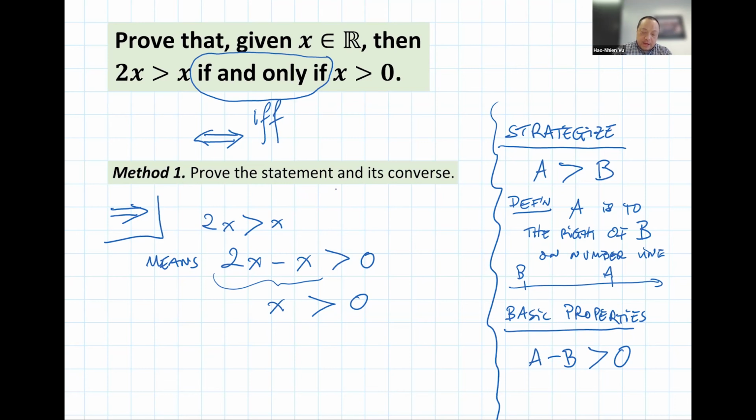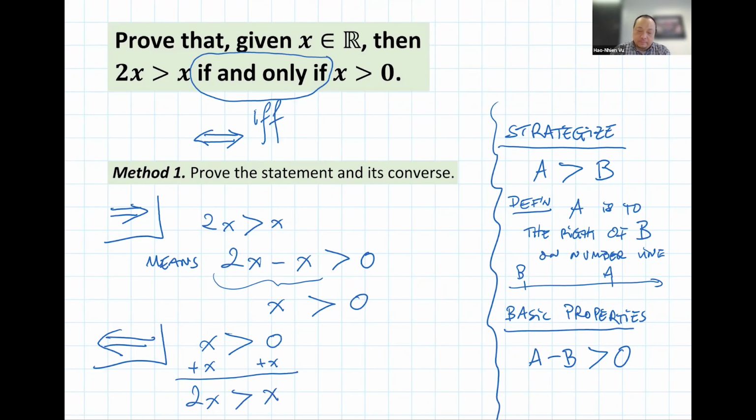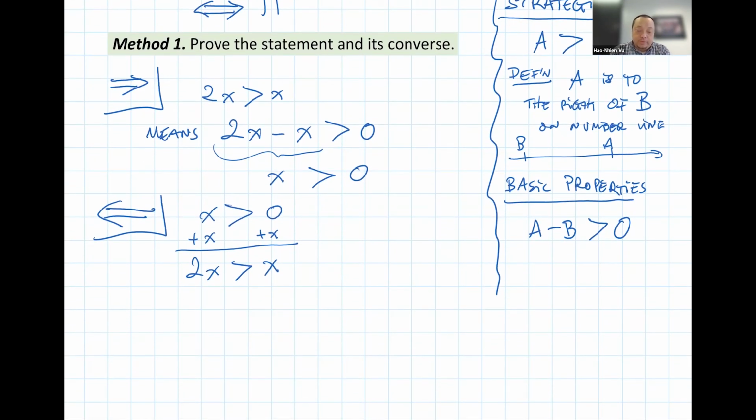Now I'm going to prove the converse. I'm going to prove the statement going backward like this. I'm going to start out with x greater than 0. Well, now that I have done it in one direction, it gives me a hint on how to do it the other direction. Going this way, I was using a property that looks like I'm subtracting x both sides. So if I'm going to go that way, I'm going to do the opposite of it, which is to add x both sides. So I'm going to add x both sides. And I arrive at 2x greater than x. I have now proven both directions,